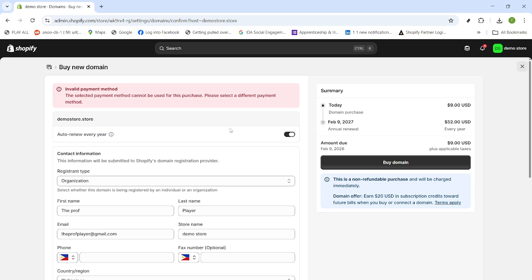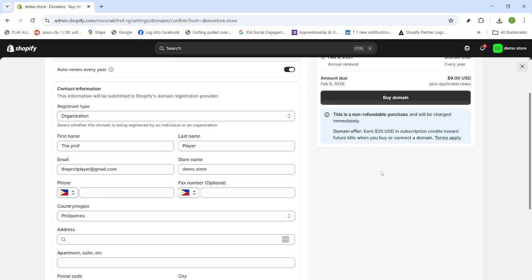A couple of quick tips as you wrap up. Double-check spelling before you buy, since domains are usually non-refundable. Consider securing common variations or additional extensions to protect your brand. And remember that pricing can differ by extension and region. That's it. You've successfully